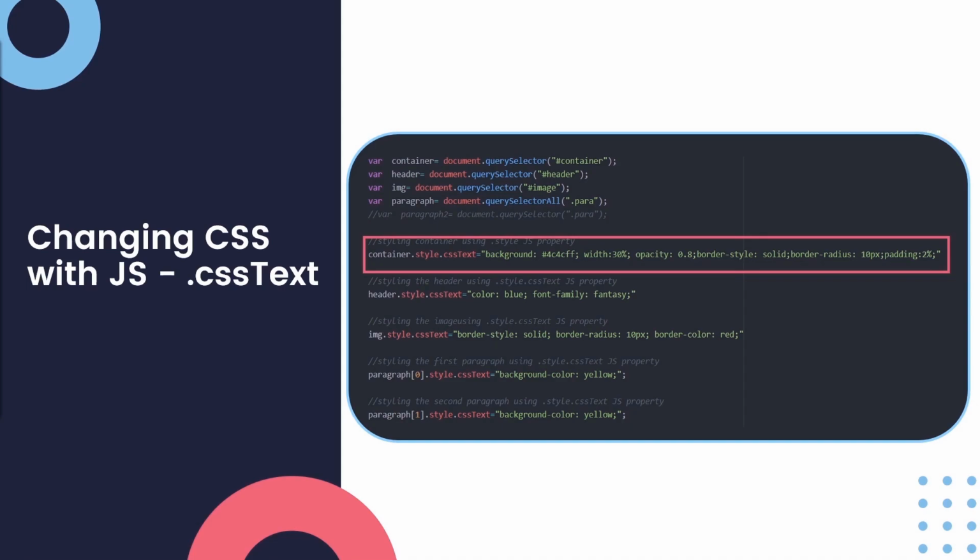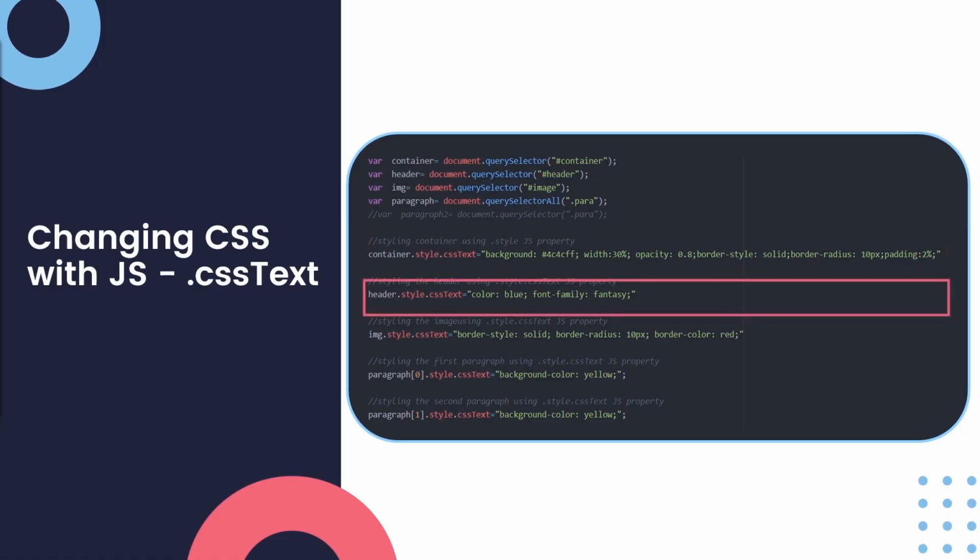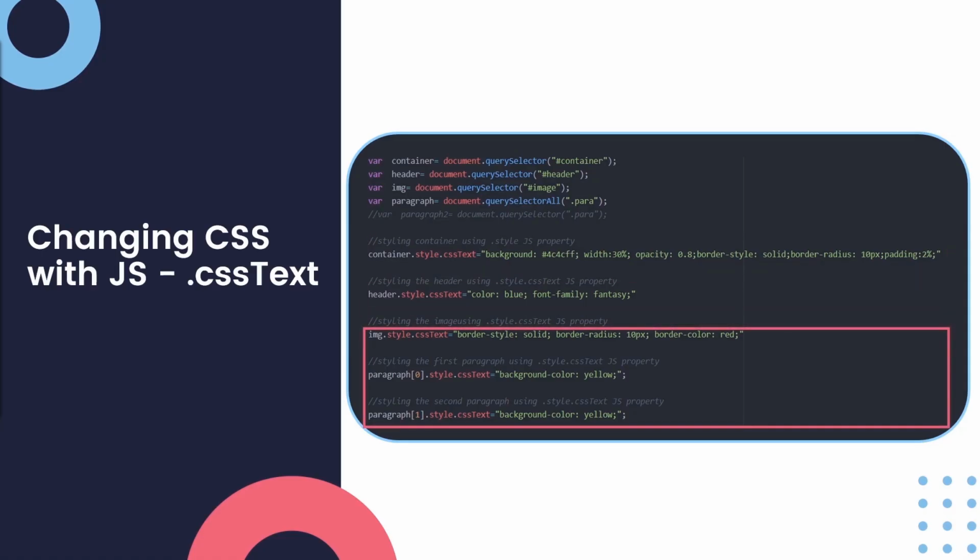container.style.cssText, and something looks quite familiar here. You can actually see the string that we are assigning here is very much like what we would find in a CSS style sheet. The most important thing here is that if we use this approach, we need to ensure that we are writing CSS code inside of the values that we are assigning. And that's with the container, the header, the image, as well as the paragraphs. And as mentioned before, we'll get the exact same output, and this just looks a lot cleaner than several lines